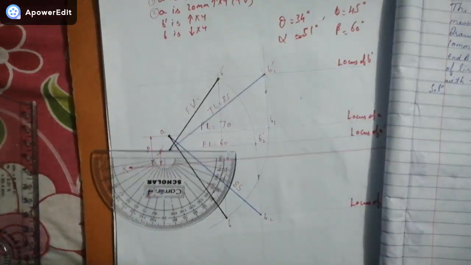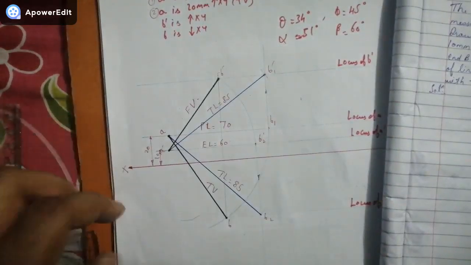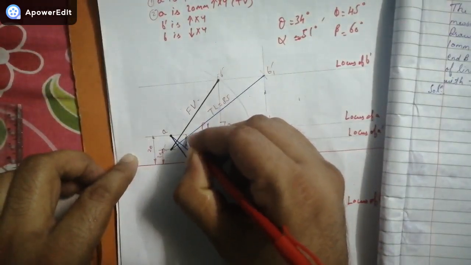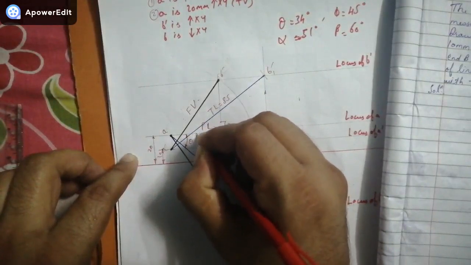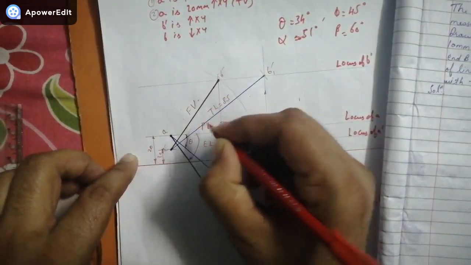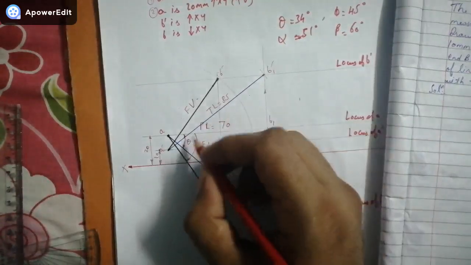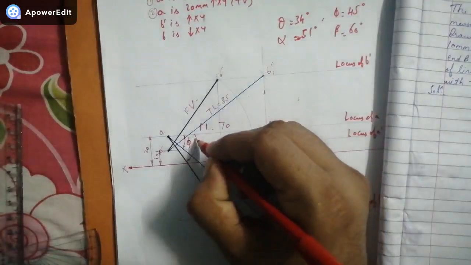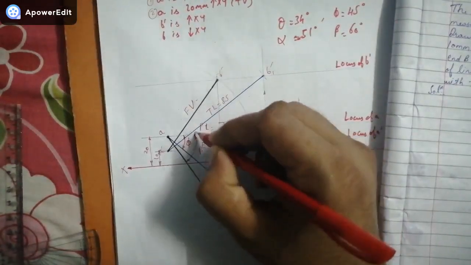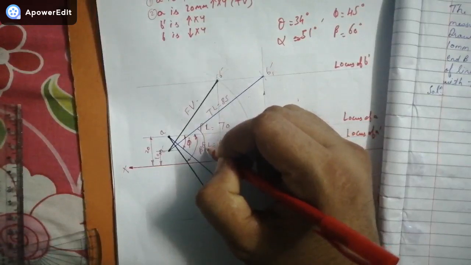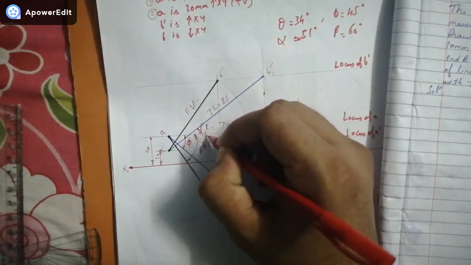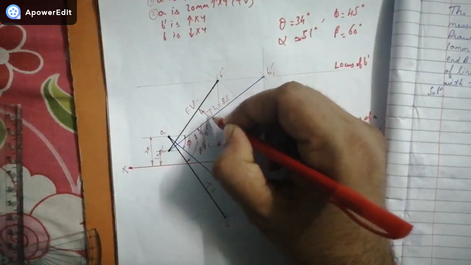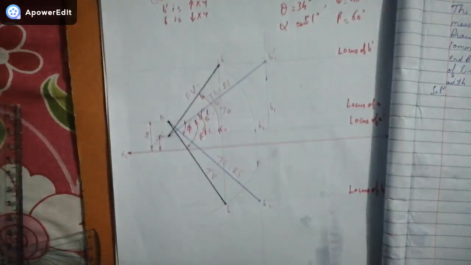Now, as you all can see, my dear friends, I can just mark the angles one by one. This is nothing but theta. This particular first angle was nothing but phi. This second angle was nothing but beta. Now the two angles left out. This first angle is nothing but theta and the other angle is nothing but alpha. Okay, so this is the way how the angles are marked.